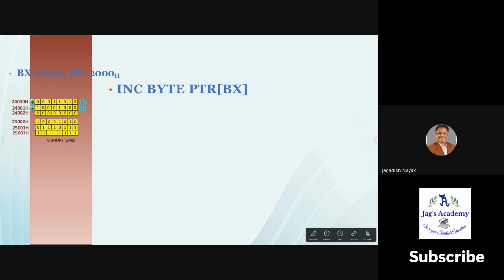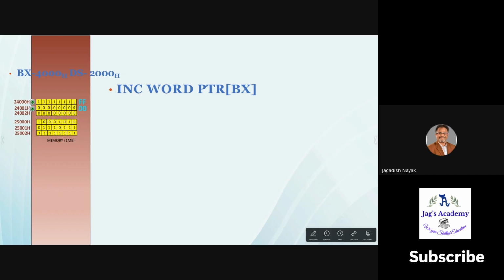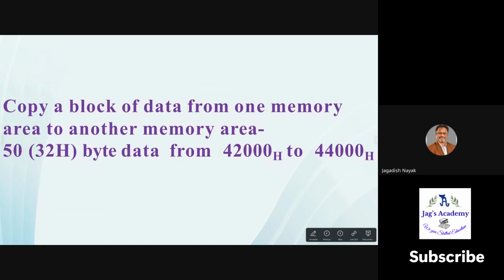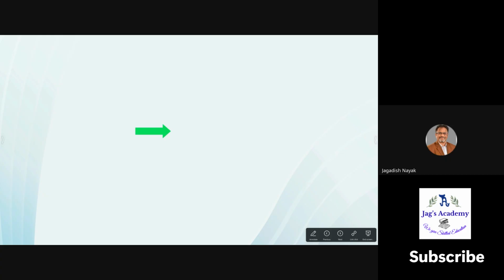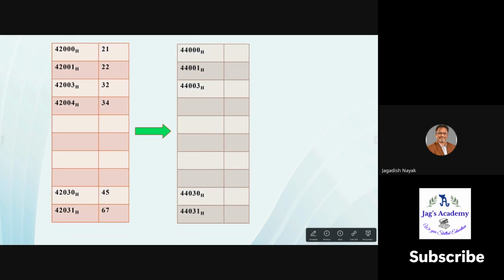So here you see the offset address is in the BX register, that is 4000H, and the data is always stored in the data segment, with segment address 2000H, right? So when you increment the entire byte, only the byte will be incremented. When you put it as a word, only the word will be incremented. So we have seen all these things, and also we have seen a program,